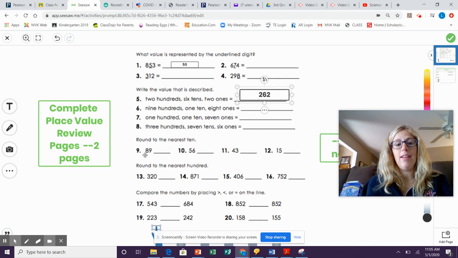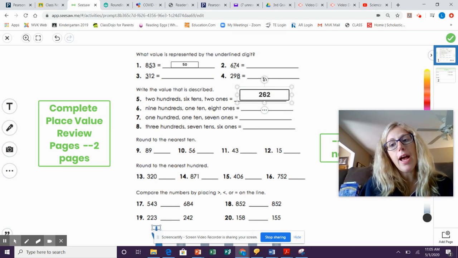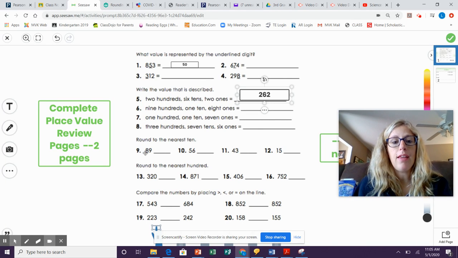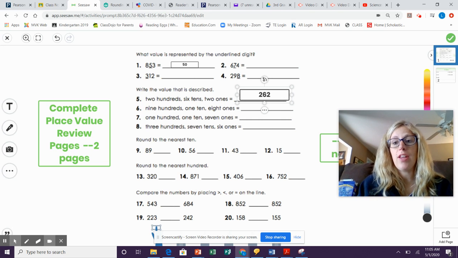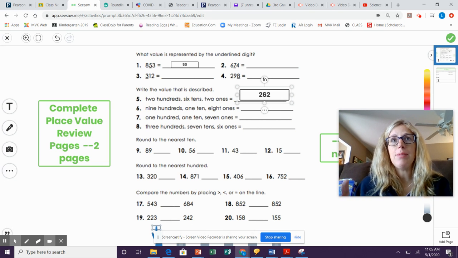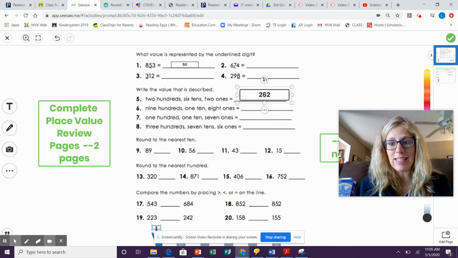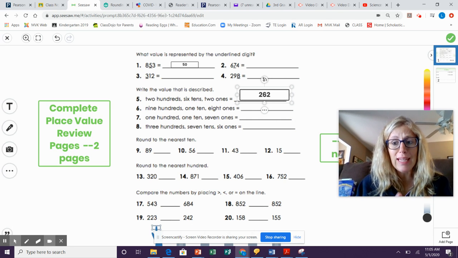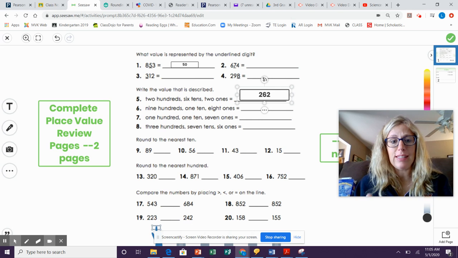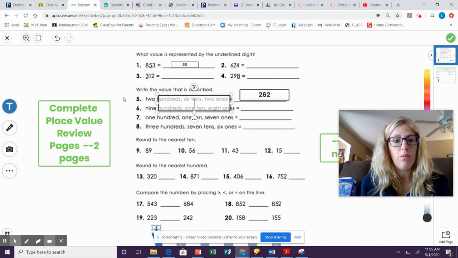And then round to the nearest 10. Again, hopefully Khan Academy helped you remember how to do that. I look to the side for a 5 or higher, 89. Now if I think of a number line too, 89 is in between which two tens? I'm counting 0, 10, 20, 30, 40, 50, 60, 70, 80, 90, 100. Well, 89 is in between 80 and 90. 89 is closer to 90 than it is to 80. So we would write 90